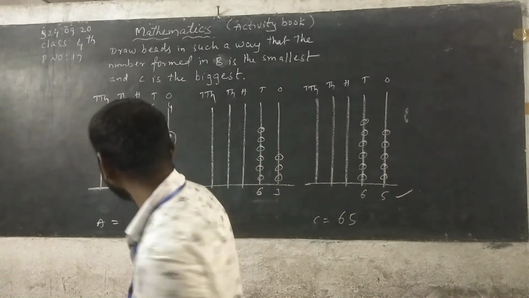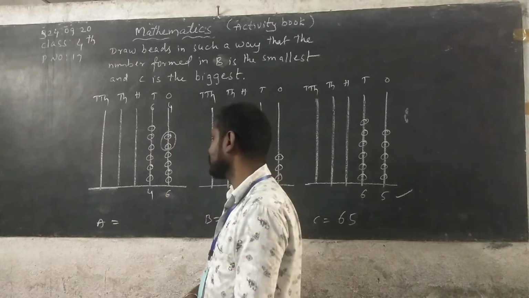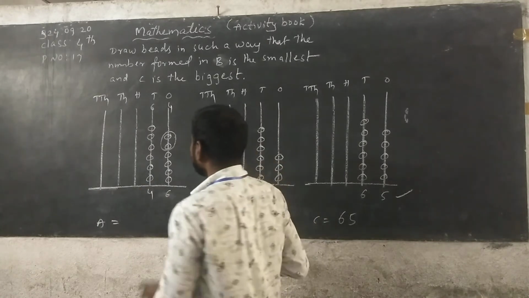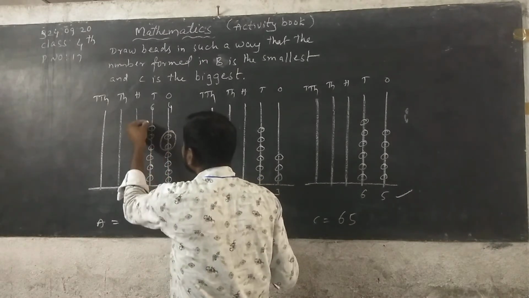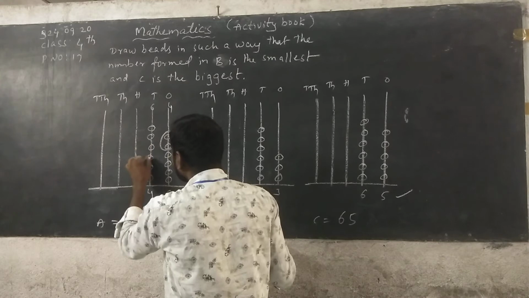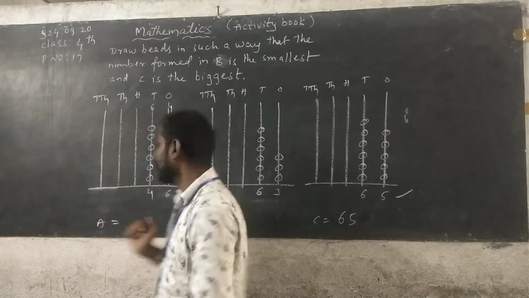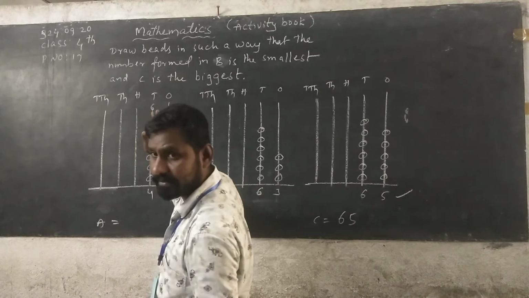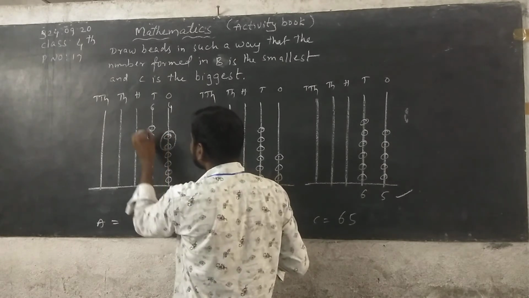See here. So in this problem, in ones place 6 beads are given, in tens place 4 beads are given, but I am taking 2 beads from ones place to tens place. So in tens place, the previous beads, how many are there? 1, 2, 3, 4. Now I am shifting 2 beads to tens place. So what do we get? We get 6 beads. So here increasing, but here decreasing.